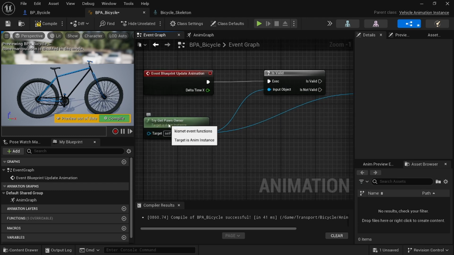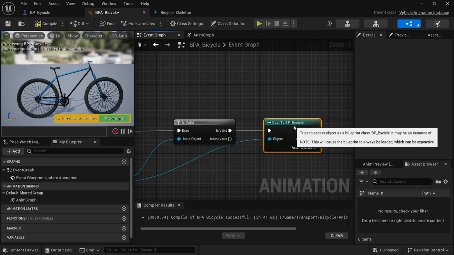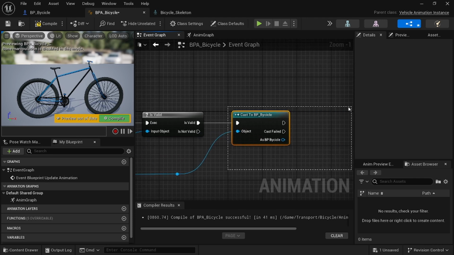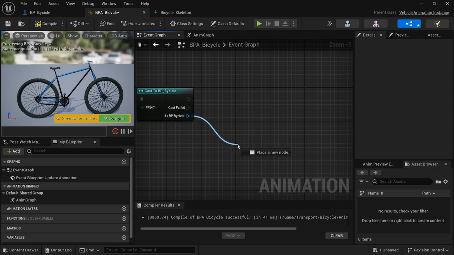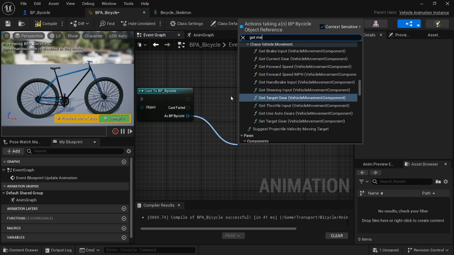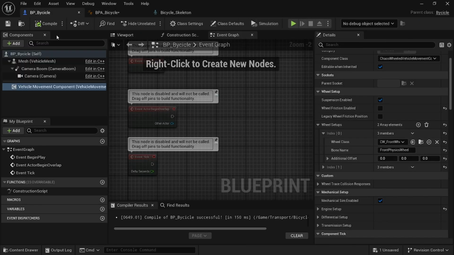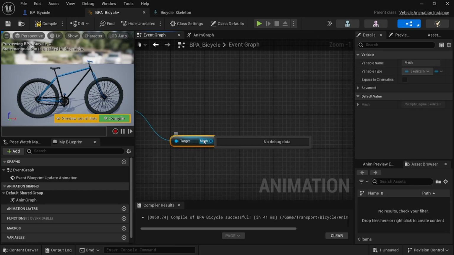As you probably understand, try to get pawn owner gets just pawn. Pawn is a parent class, and then we should cast it to the actual class, so we can later get properties of that actual class. And here, if it was cast correctly, then we're gonna get mesh. Let's search here, get mesh. Get mesh just gets that one mesh that has a skeletal mesh asset with bicycle, and from there we can get